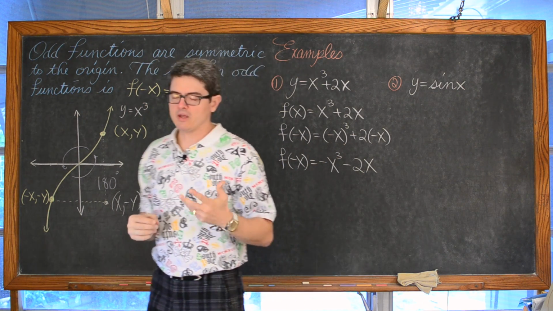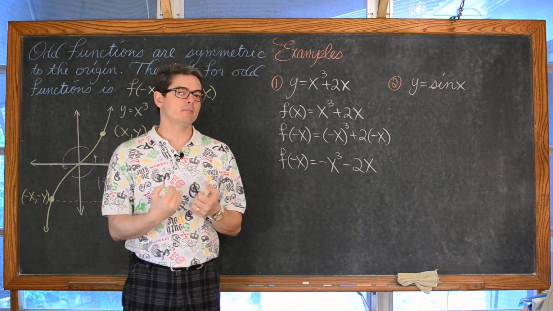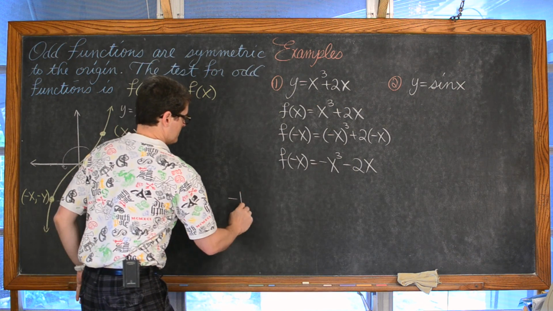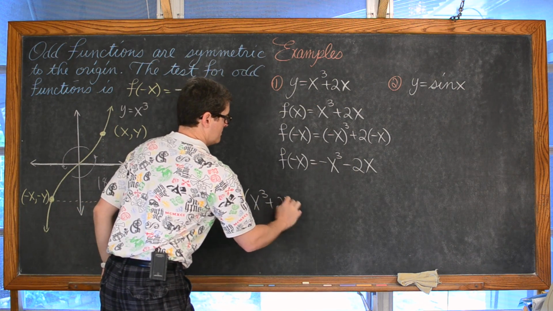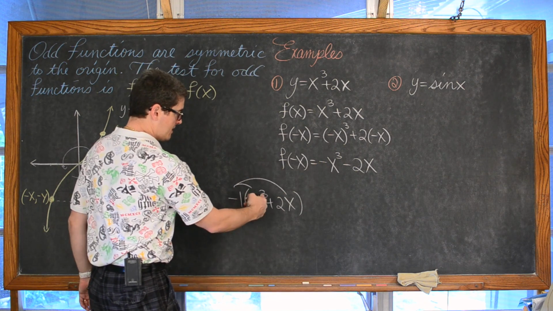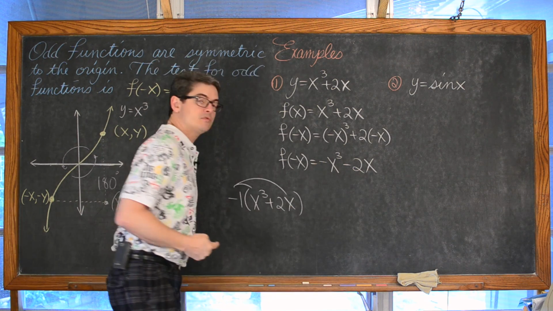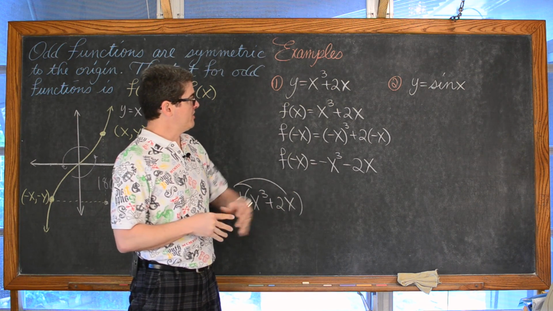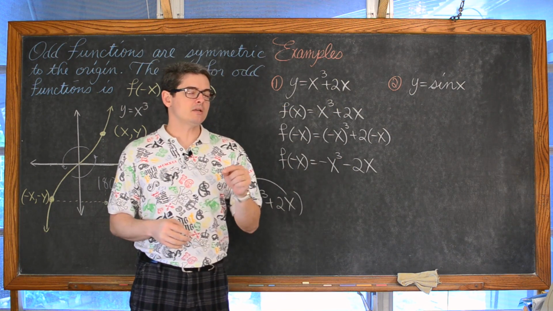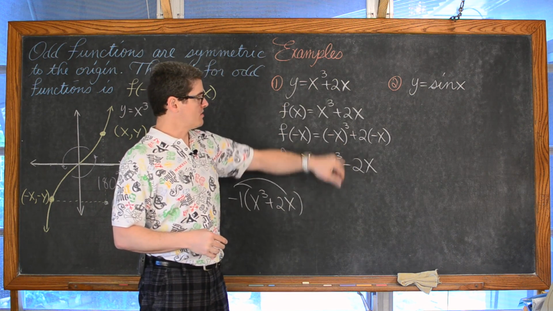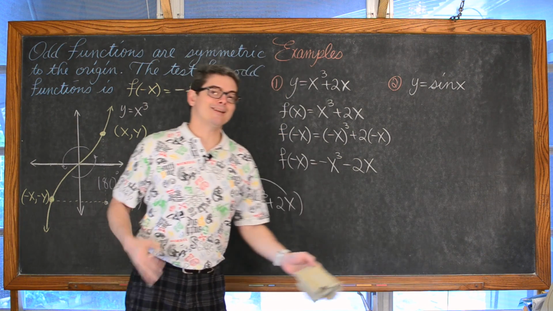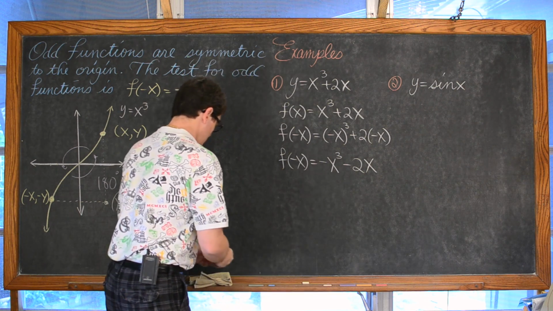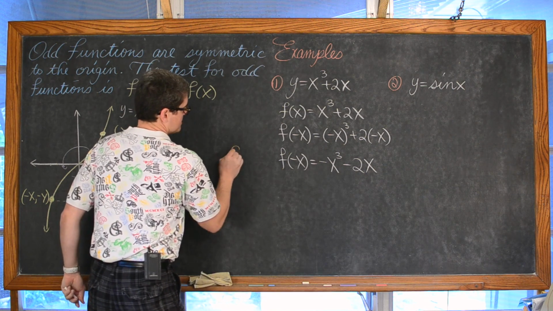Well, with multiplication, you can create an opposite number by simply multiplying by negative 1. And if I take this equation and multiply through by negative 1, I would get negative x cubed minus 2x. So with polynomials, not true with all functions, but with polynomials, if you see every single sign of each of these terms change, then you are looking at an opposite expression. And thus, this is an odd, where's my orange chalk at? This is